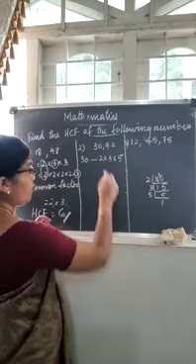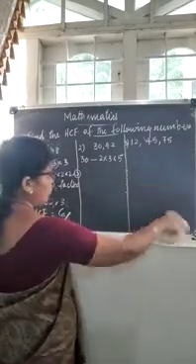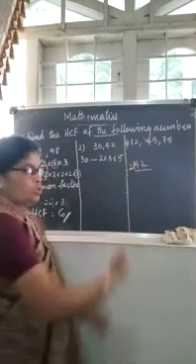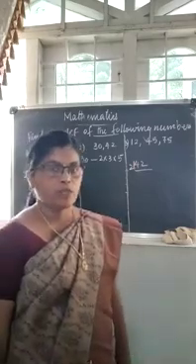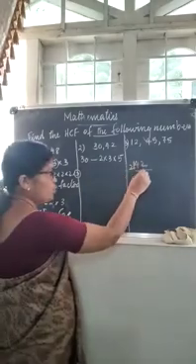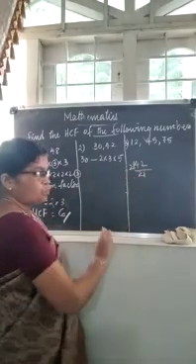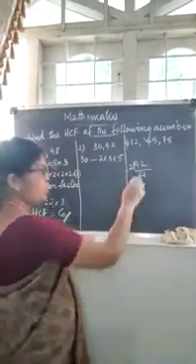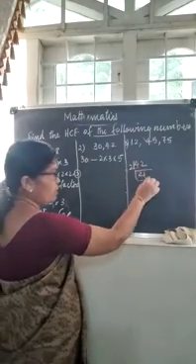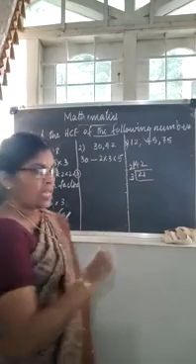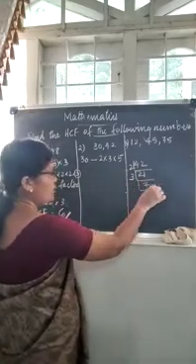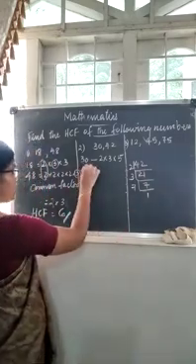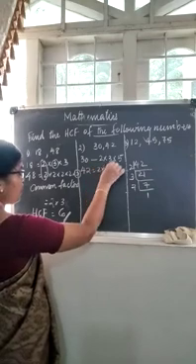Next let us do the prime factorization of 42. We can divide by 2 because in one's place 2 is there. We can divide first by the first prime number 2. In 4 how many 2s? 2 2s are 4. In 2 how many 2s? 1 time 2. So 21 we cannot divide by 2, because one's place 1 is there. 2 plus 1 is 3, so 21 is a multiple of 3. So we can divide it by 3. 3 7s are 21. 7 is a prime number. So the prime factorization of 42 is 2 into 3 into 7.